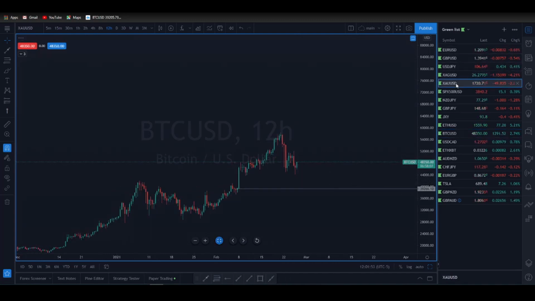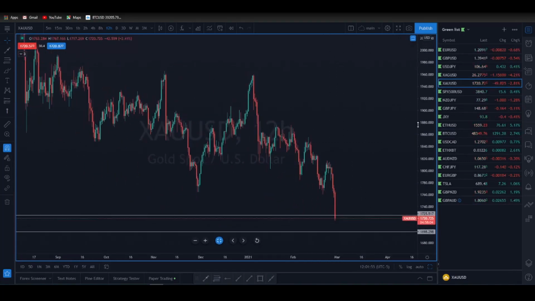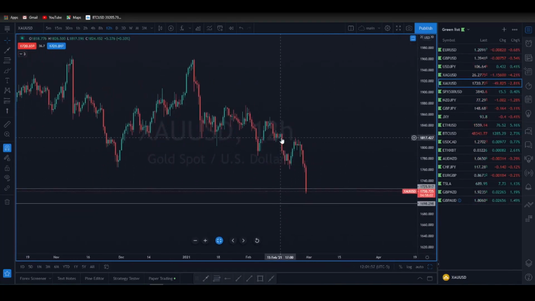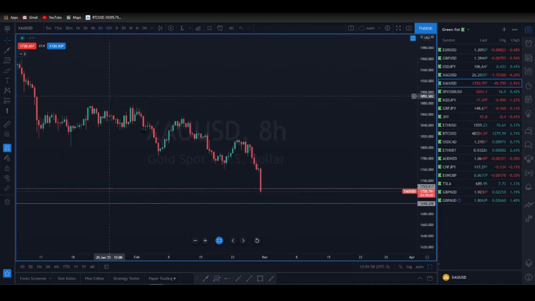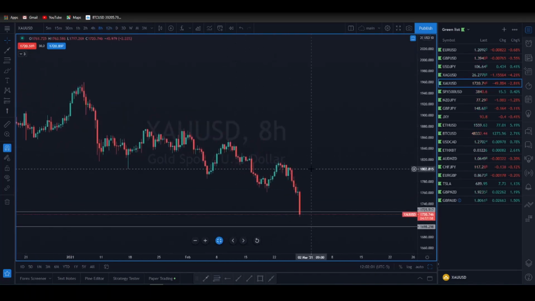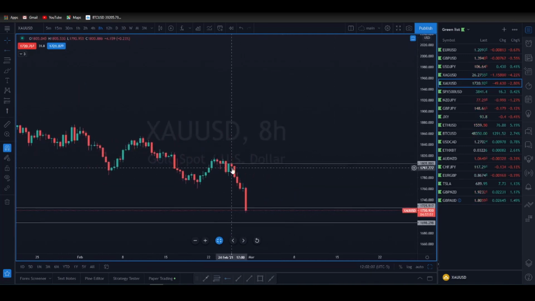And then on gold, I just want to bring up gold because there's a lot of things happening with gold as well. So if you're following my channel for the last couple days, you knew that we were looking to sell this area right here, exactly right there at 1805 spot 88. It was a beautiful sell entry, and we took out our target. Our target was right here.